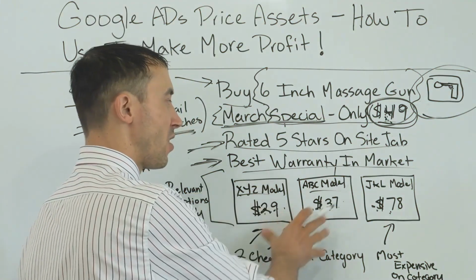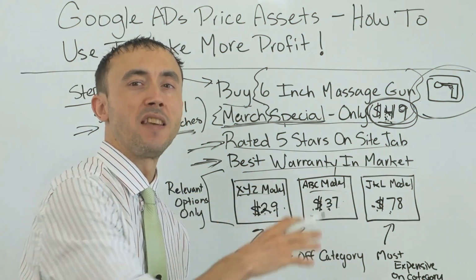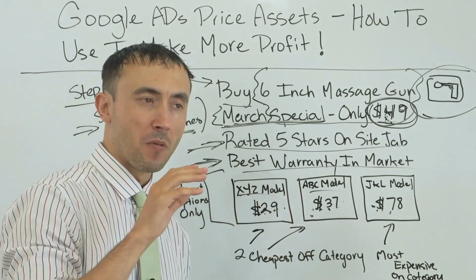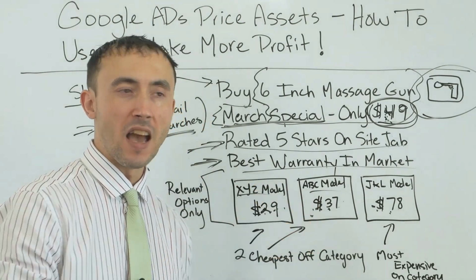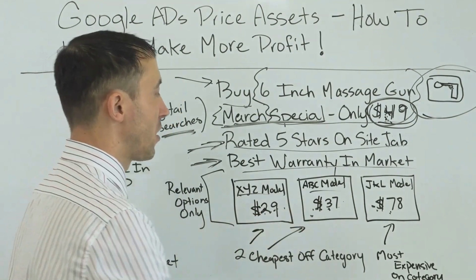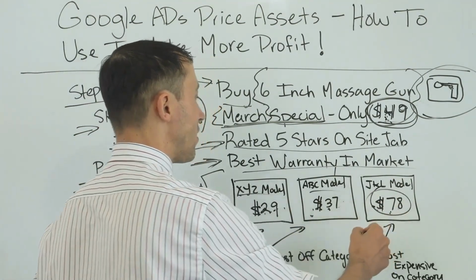So now they're not going to usually click through the price asset. What this price asset's for is to get attention on the ad, get eyeballs on the ad. Because you got to get someone's attention to just read the ad, and they see numbers before they see letters. You go ahead and you do that, and then the expensive option out here on the right-hand side,